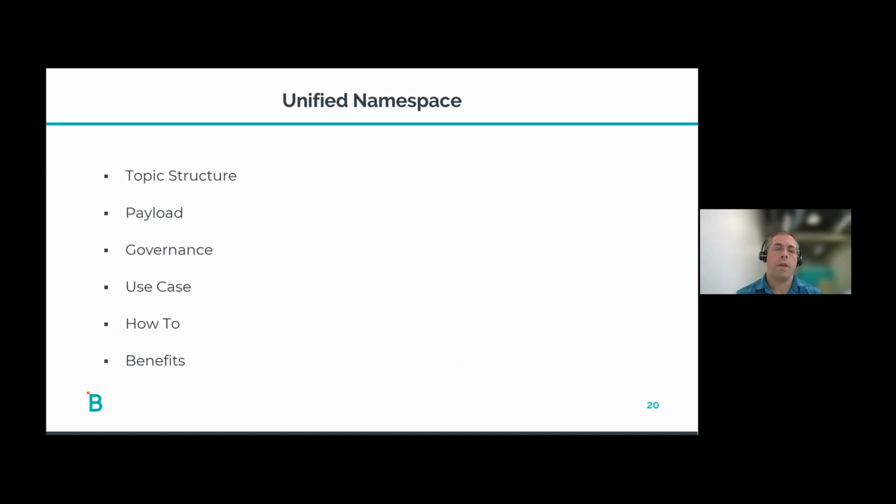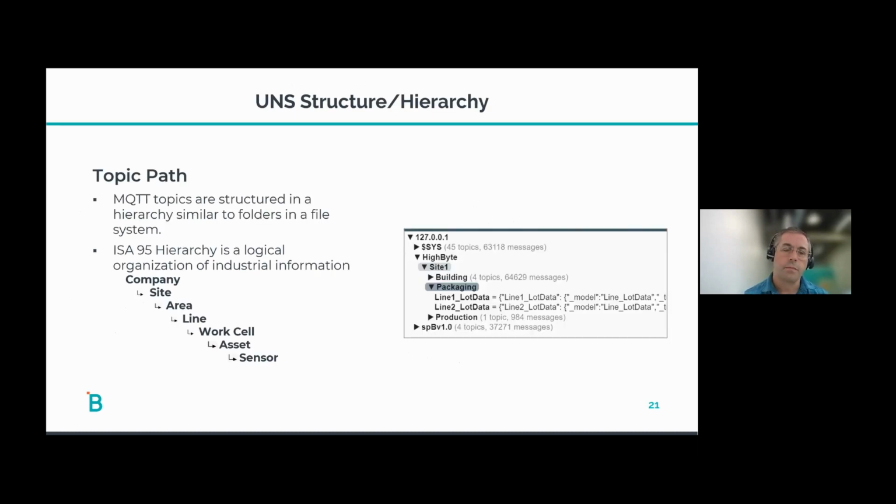So let's talk more about the unified namespace, and let's define and dig a little deeper into what it is. A core part of the unified namespace, as I had mentioned earlier, is the structuring of the data, the organization of the data. If data is not organized, people aren't going to be able to find it. So with MQTT, we've got this concept of the topic path, and the topic path provides a way of organizing data within it. And what we're seeing and advocating within our customer base is to utilize the ISA 95 hierarchy. It gives us a great logical organization of information.